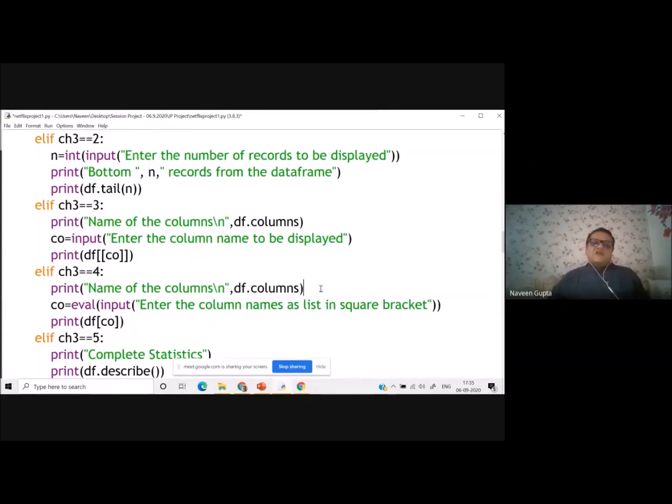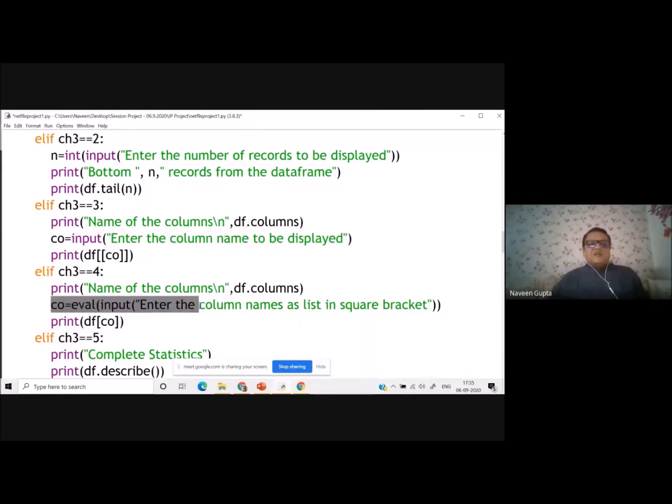Whenever you are displaying any data, the column name must be the same as the column name specified in the data frame. It is case sensitive. Even if the case does not match, it will not display. So be careful while writing these data frames where we are displaying the data.